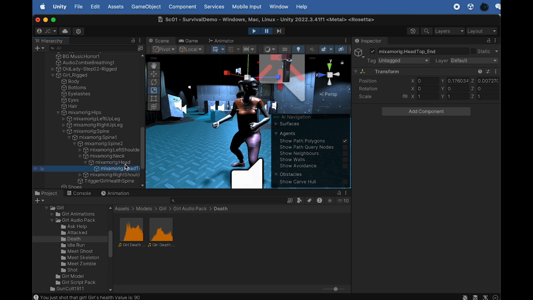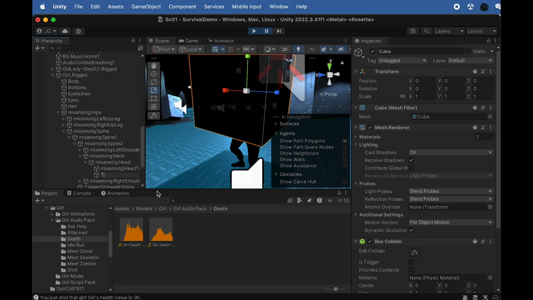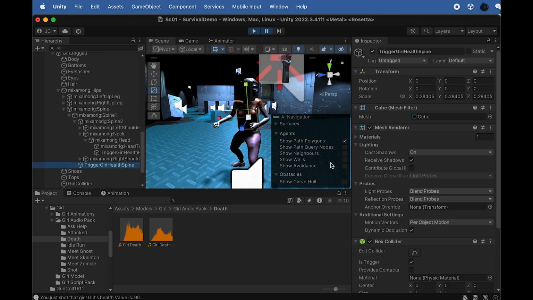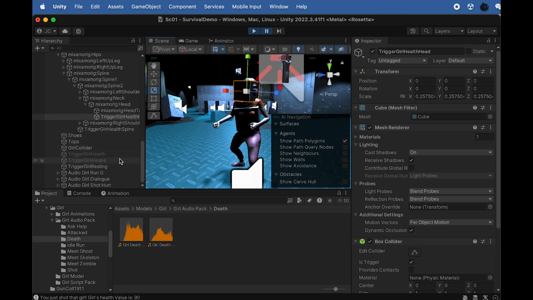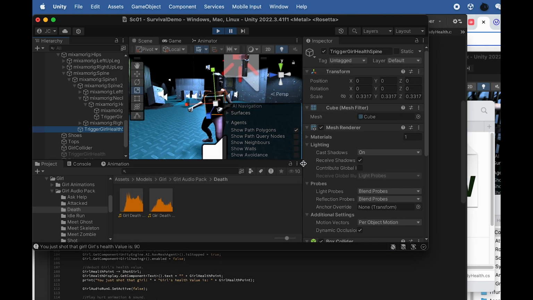On the head joint, I'm going to create another cube. I'll name it trigger girl health head, and same thing, I'm going to check its is trigger, and make it smaller to just cover the head. Once you have done this, let me make the window smaller so you can see it. Then you're going to select the trigger and